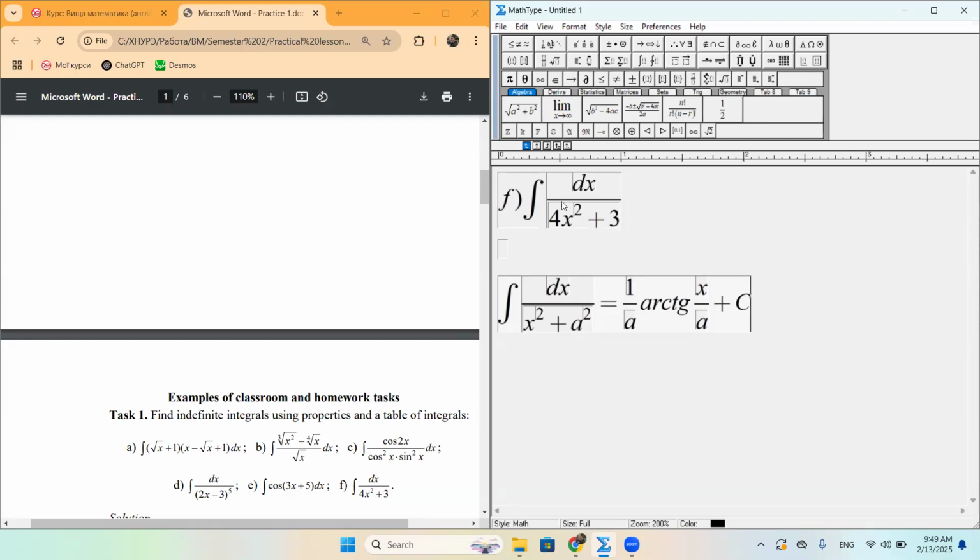So we need to transform the initial integral to this one. So again, differential entry technique. So here we have this, and here the differential of 2x. So